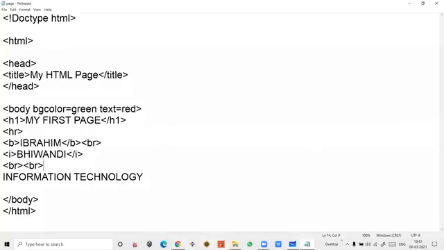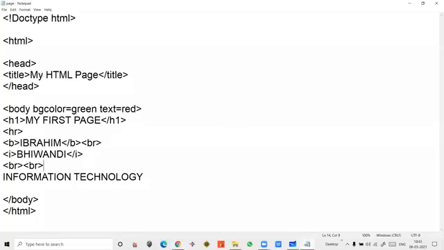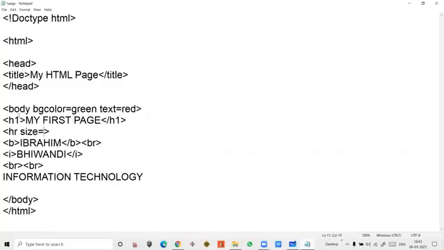Let's see this again. We'll just see HR size. If we can give the HR size equal to 3, whether it will display it or not. Save. I'll just check it again. See, the size has increased. Yes, if I add more size, it will increase it more. Instead of 3, I'll just have the